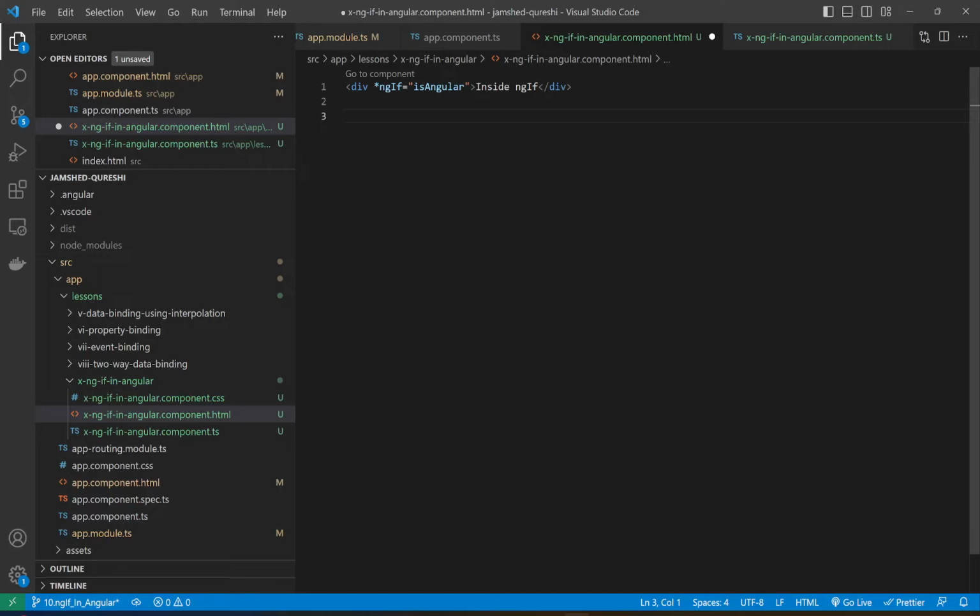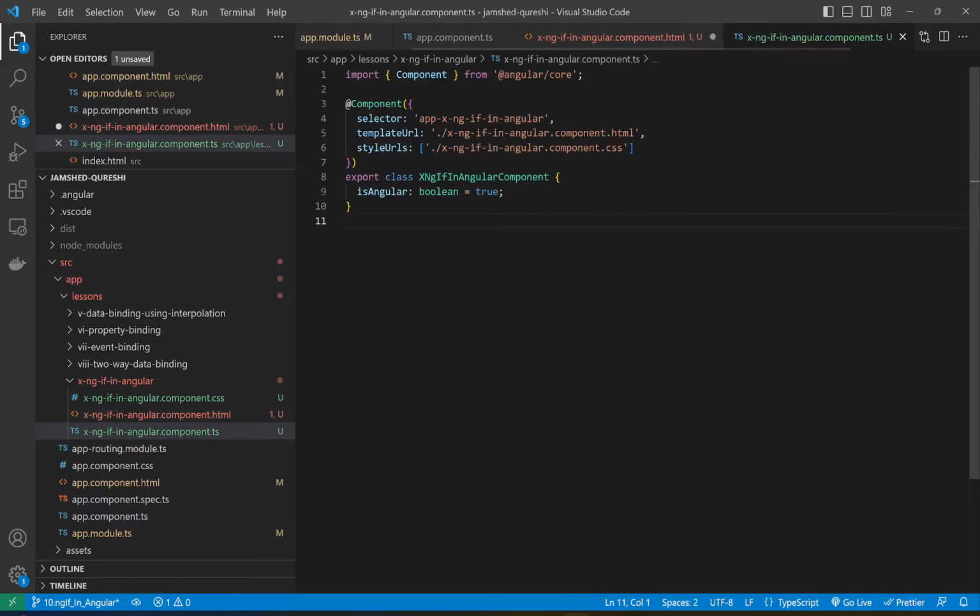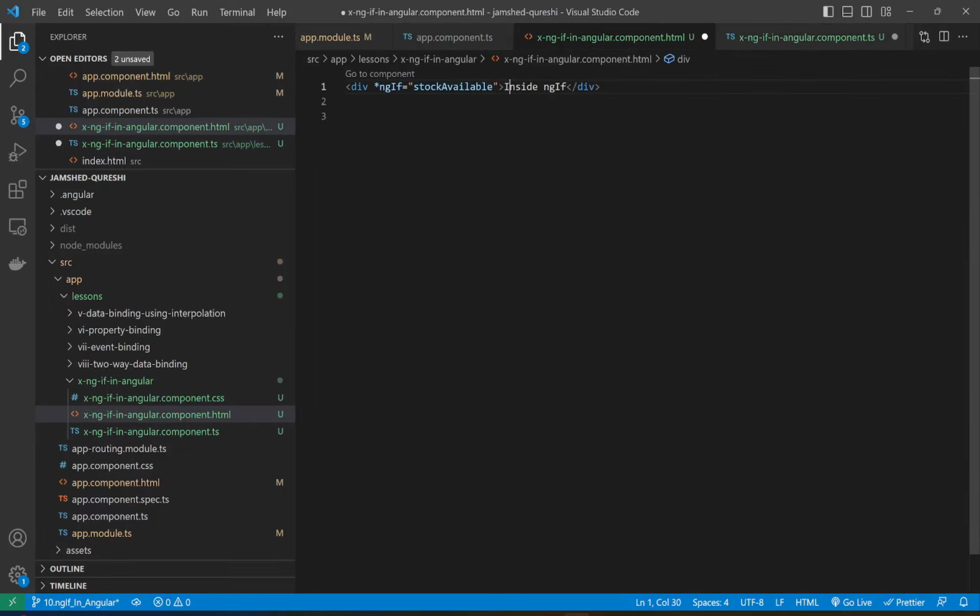So we will take an example of an e-commerce application, and we want to show some divs if the stock is available, and we want to show some other div when the stock is not available. So we will rename this variable to stockAvailable, and we will create this variable in our file. We will just rename this variable, and here we will write stock is available, and the same thing we will copy and we will render it,